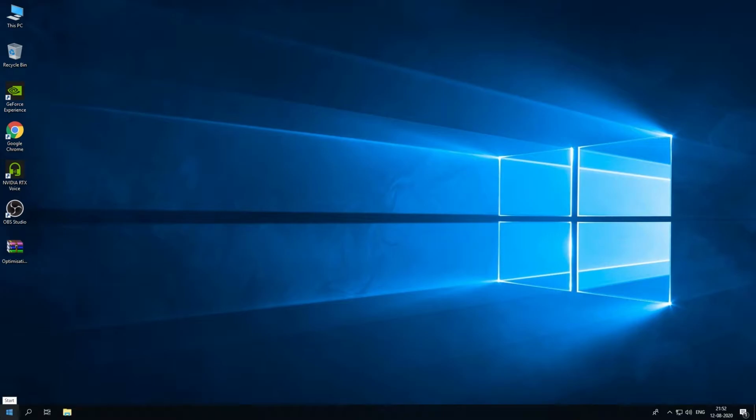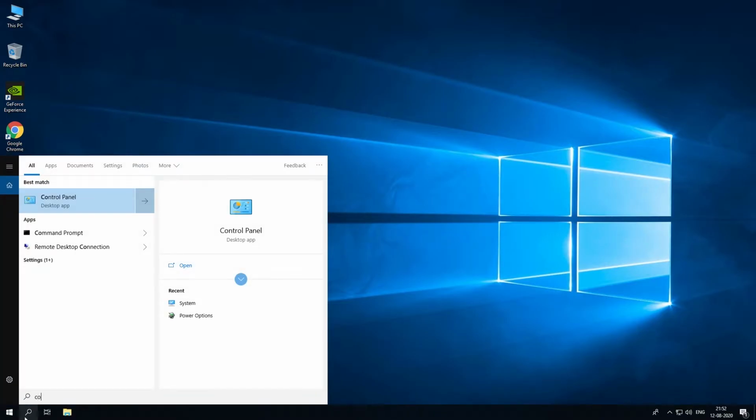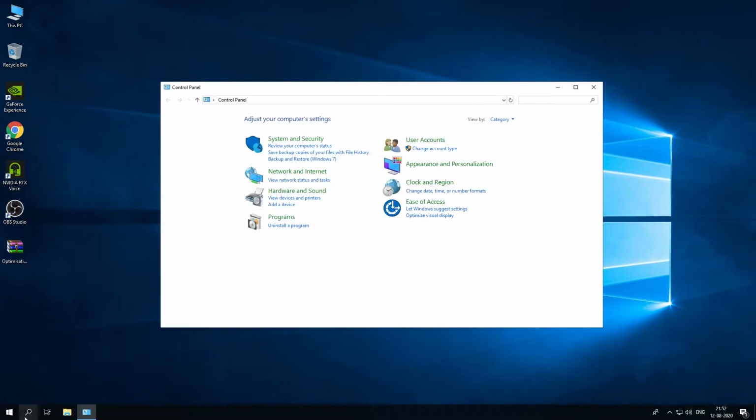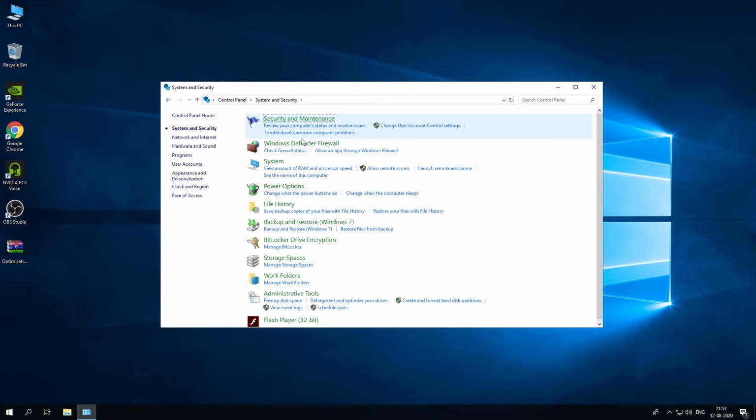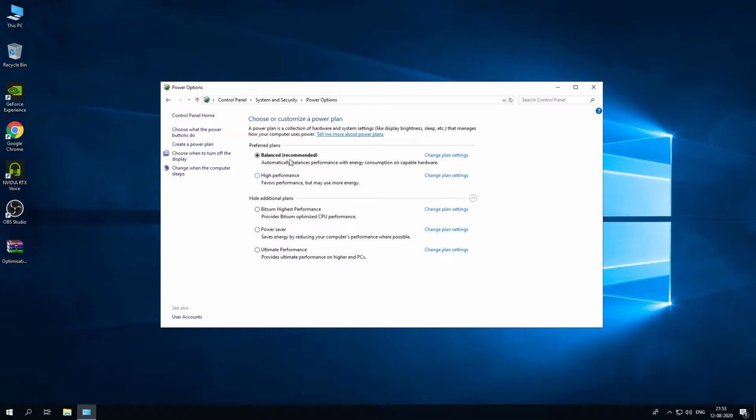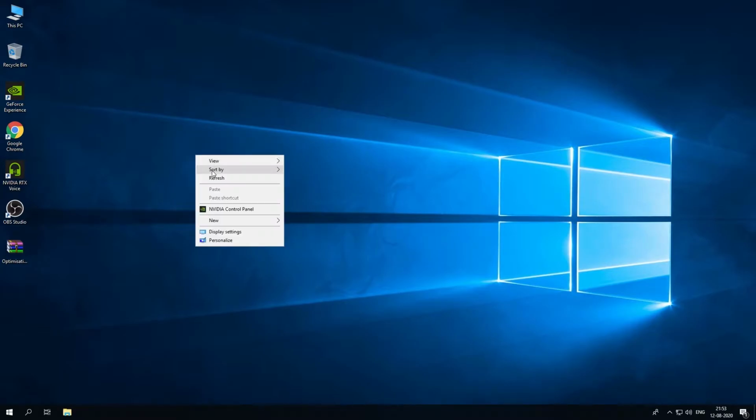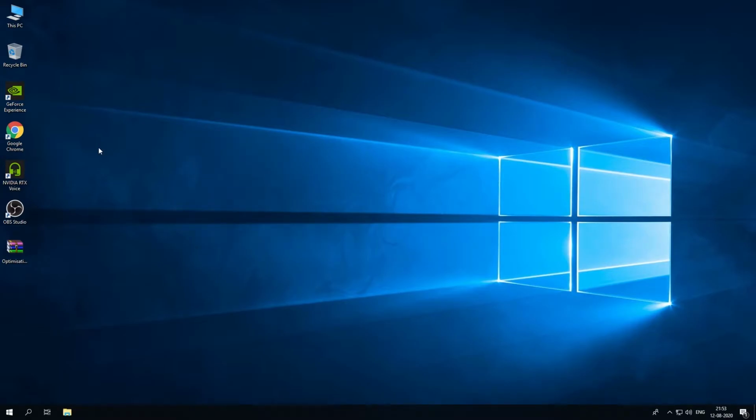Next, go to the control panel. Go to system and security, power options. Select the best performance plan that is available. I'll select ultimate performance, and if you have only high performance available, you can select that too. Now let's close it. For the next step,